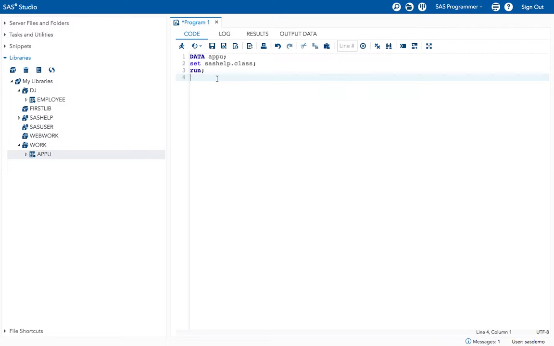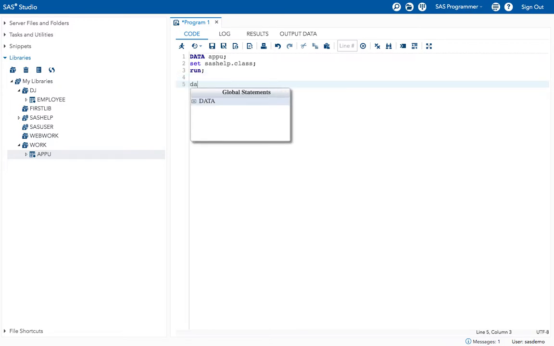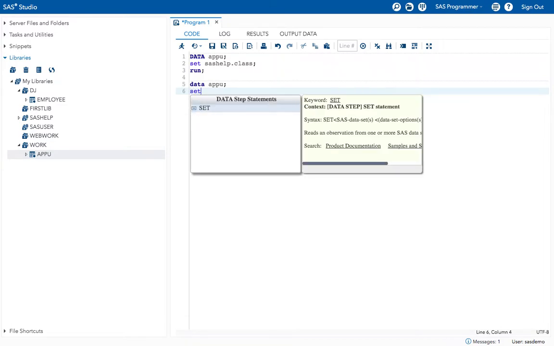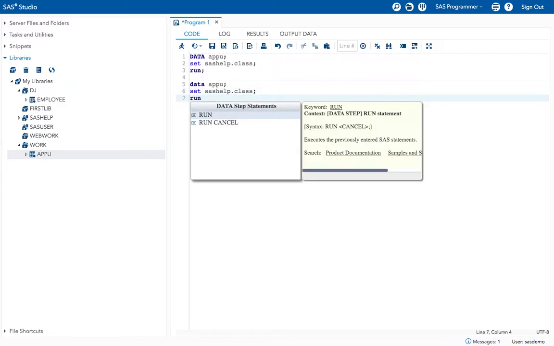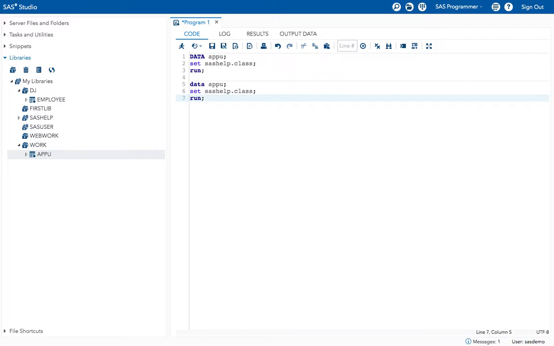Data. What I told you earlier is that we have to give the options in the data step.